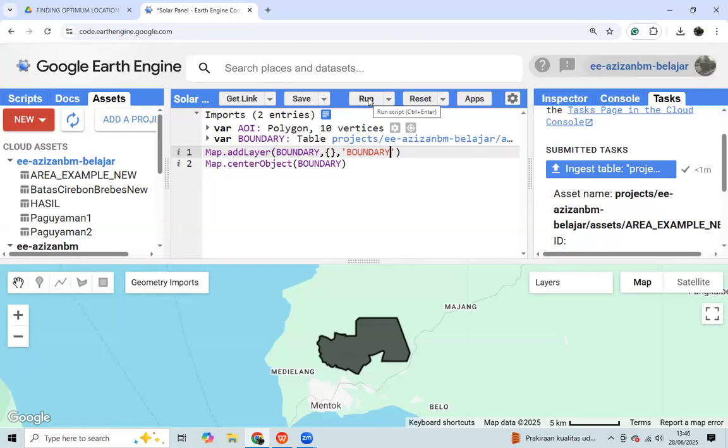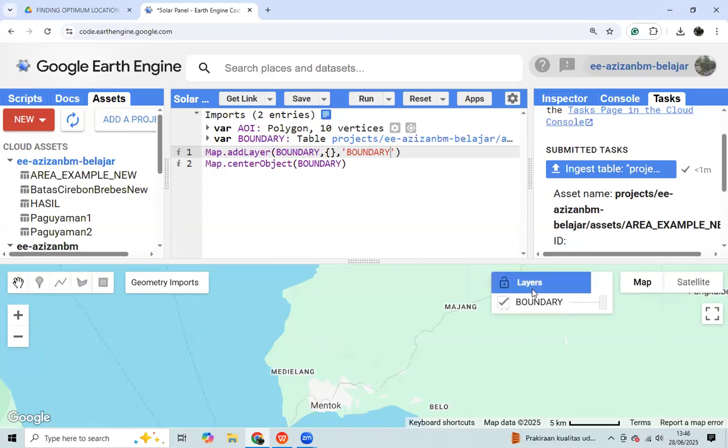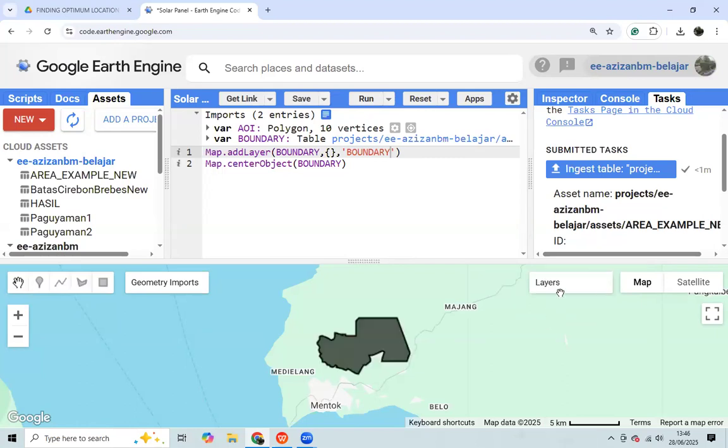Then we click run script. And it is changed to boundary. Then we click save.